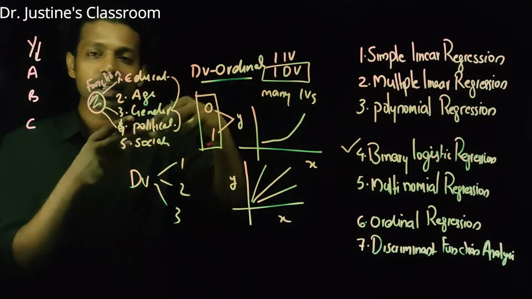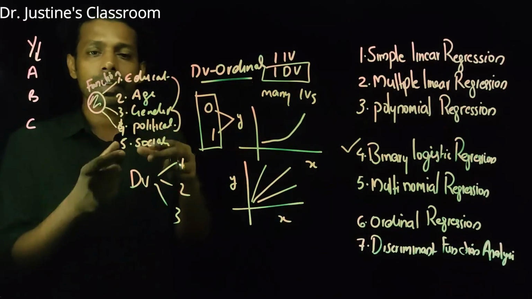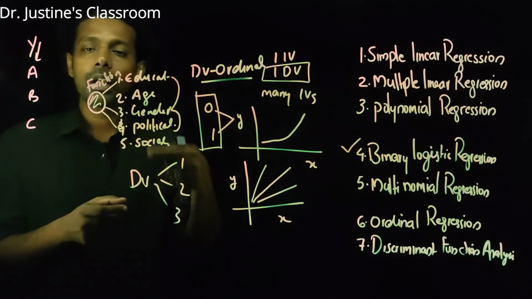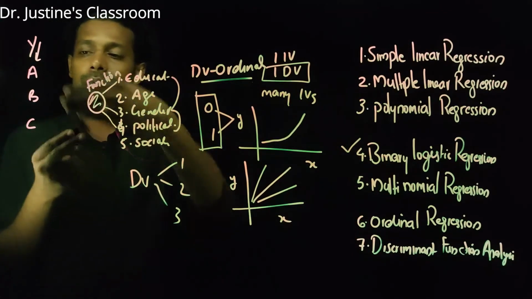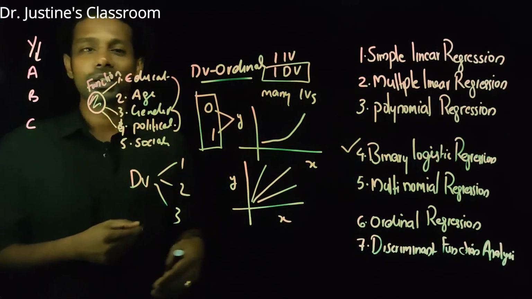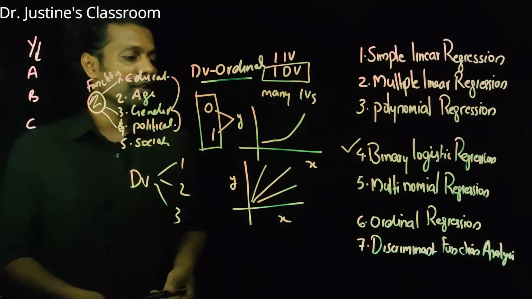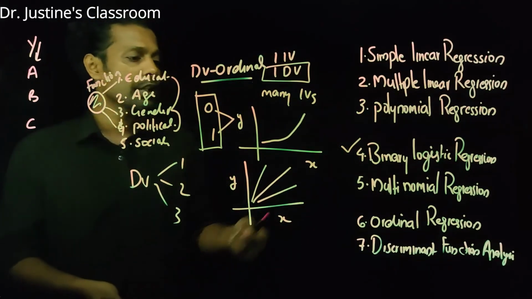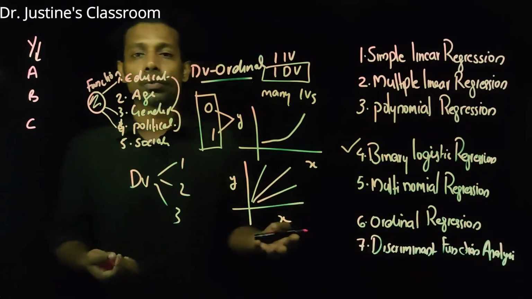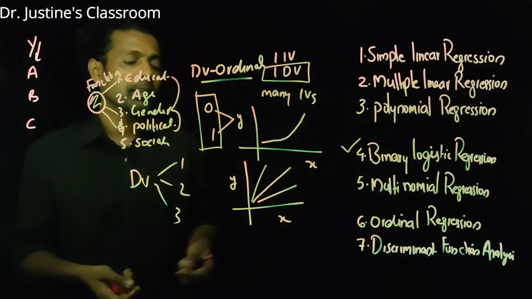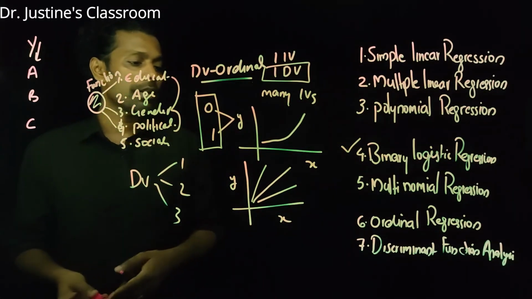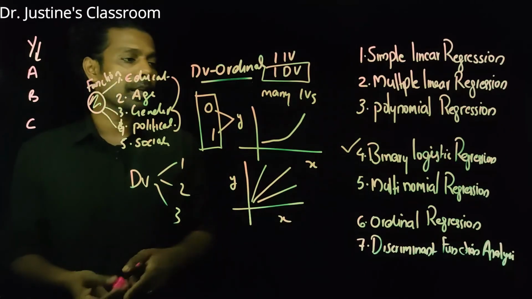So this is discriminant function analysis. They will create multiple functions like that, and these functions will be based on the independent variables and will have the capacity to differentiate the groups. So these are different regression analysis methods frequently used in psychological research, and direct questions can be asked from this section.